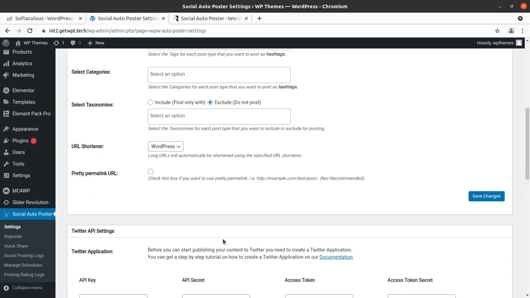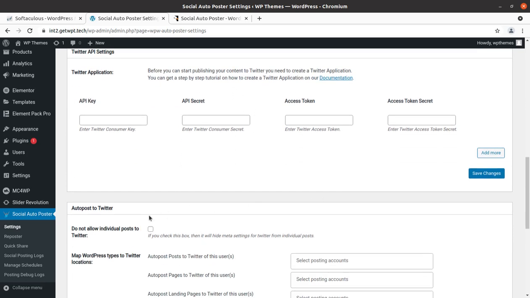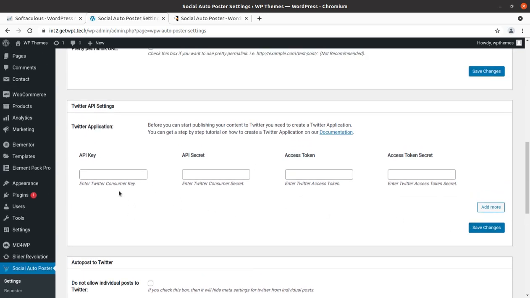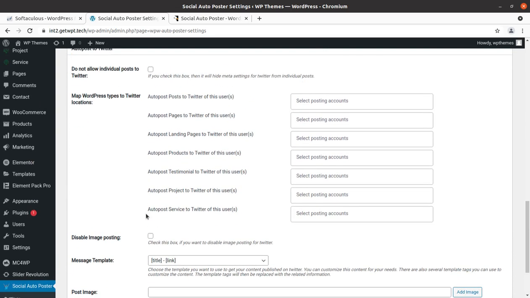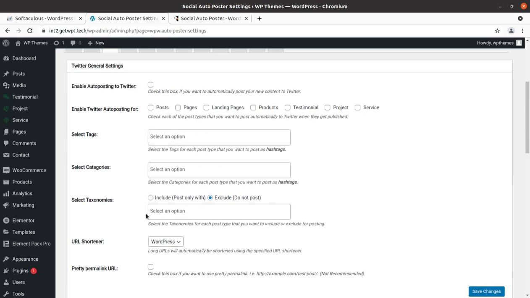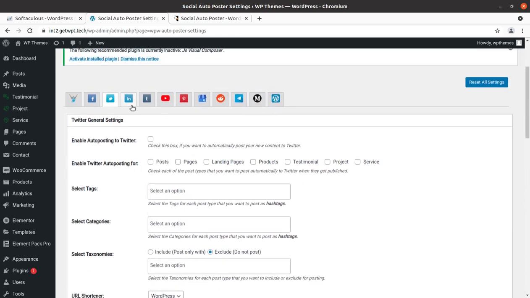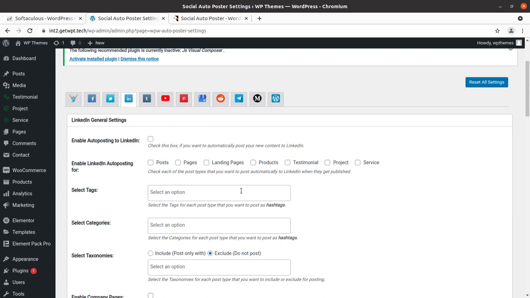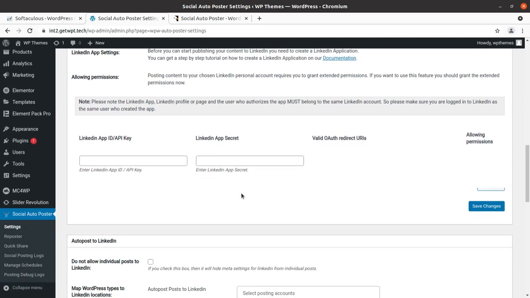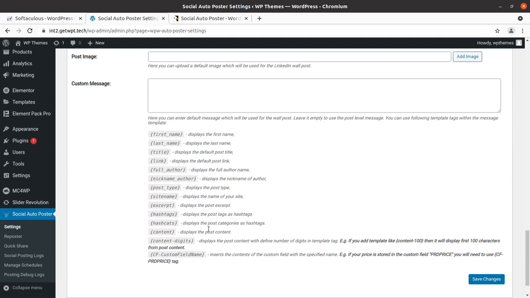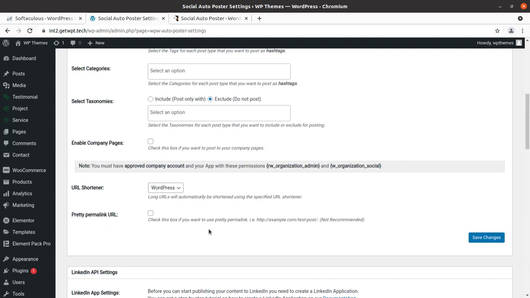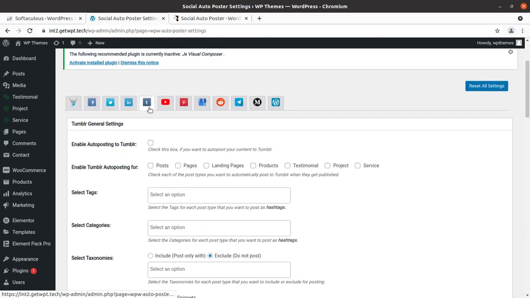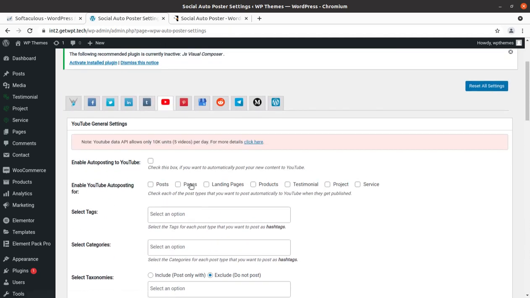And for Twitter there are multiple settings or information that you need to integrate your Twitter account as well. And yes, okay, so these are the basic settings available for Twitter, and here also you can select what you need to push. Similarly for LinkedIn, settings are available as well, and all possible ways of posting the post or page on the social media account are available here. Tumblr and also YouTube. So YouTube data API,